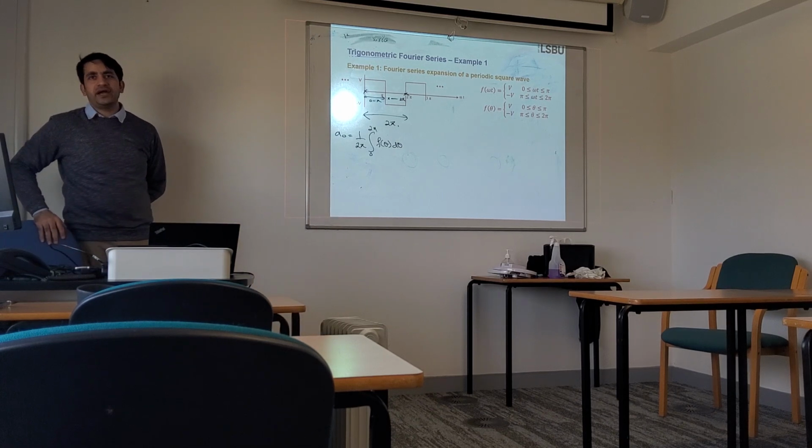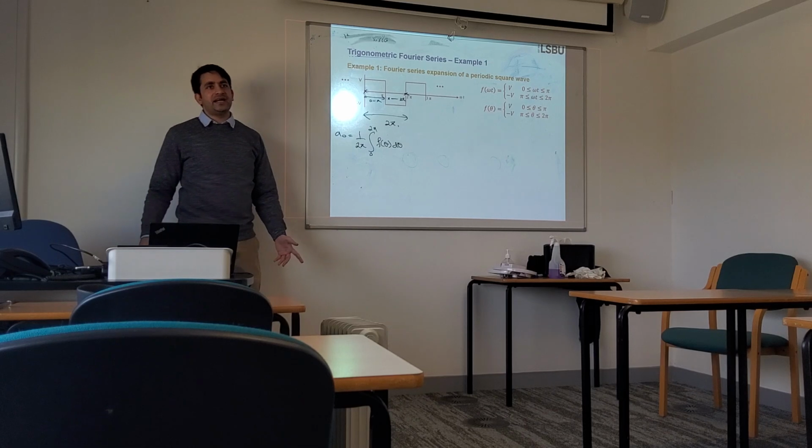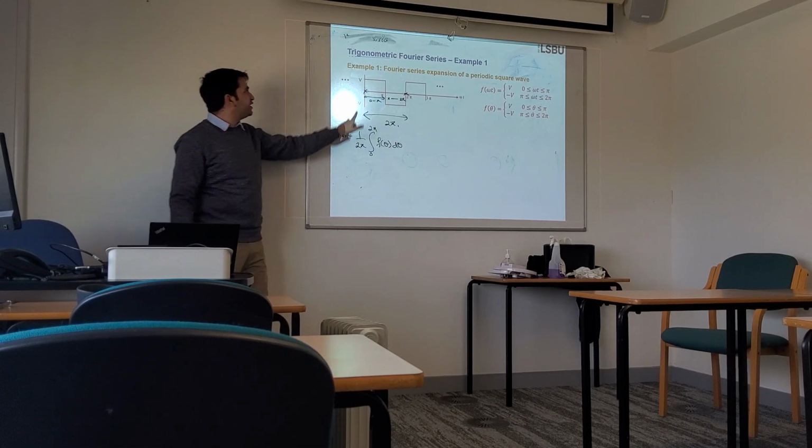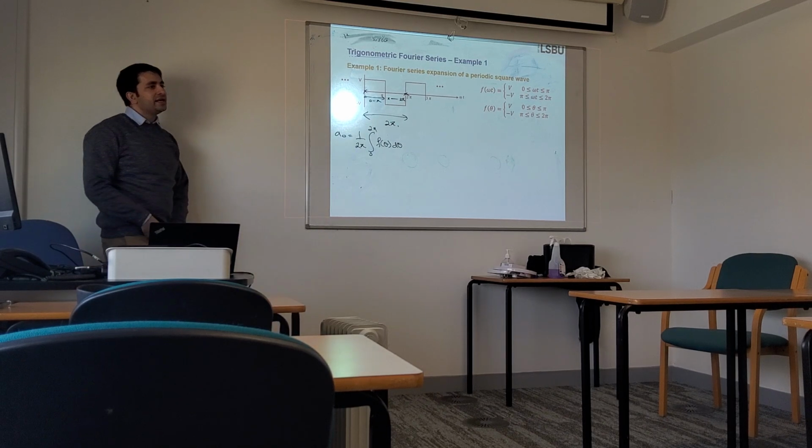Zero. The average is zero, right? Why? Because it has equal positive and equal negative cycles. And the mean or average is just adding all these values, so adding this with this will give us 0. So it means